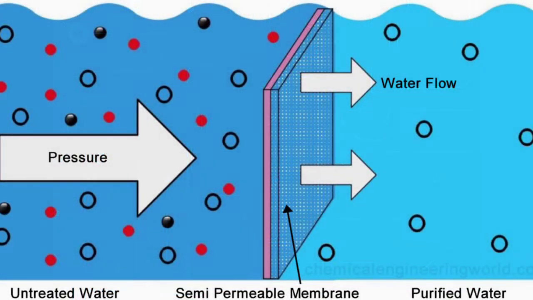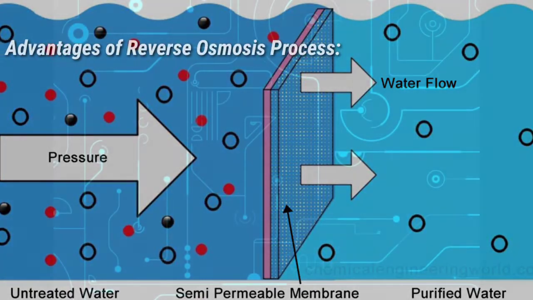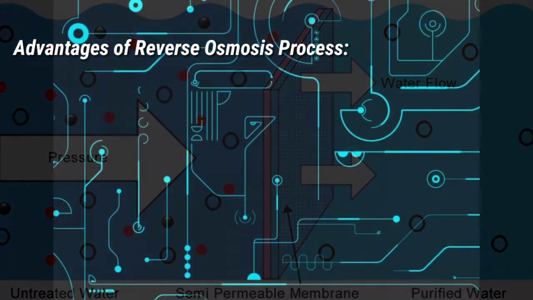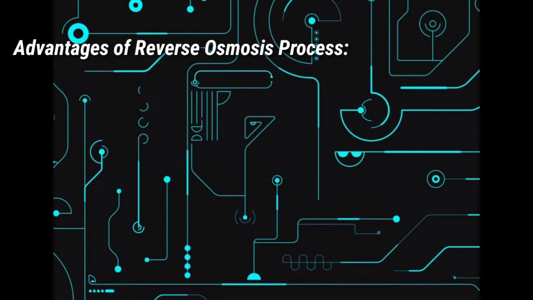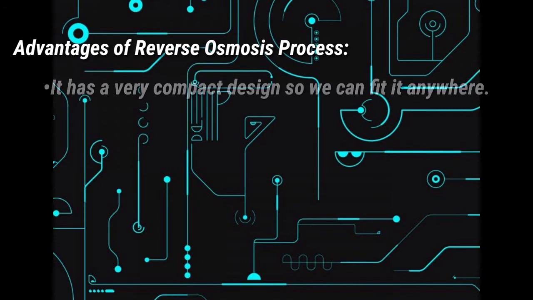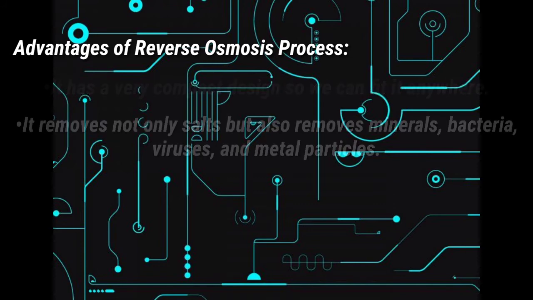So let us know about the advantages and disadvantages of the reverse osmosis process. So first of all, let us know the advantages of the reverse osmosis process. There are 5 points to know about this process's advantages. The first point is it has a very compact design, so we can fit it anywhere. This is an important point. And the second important point is